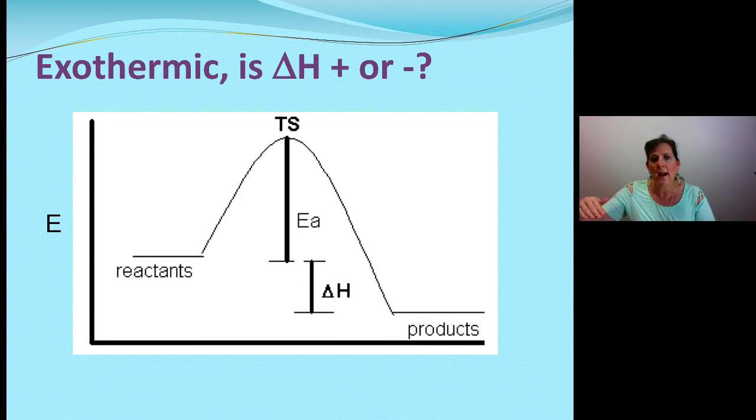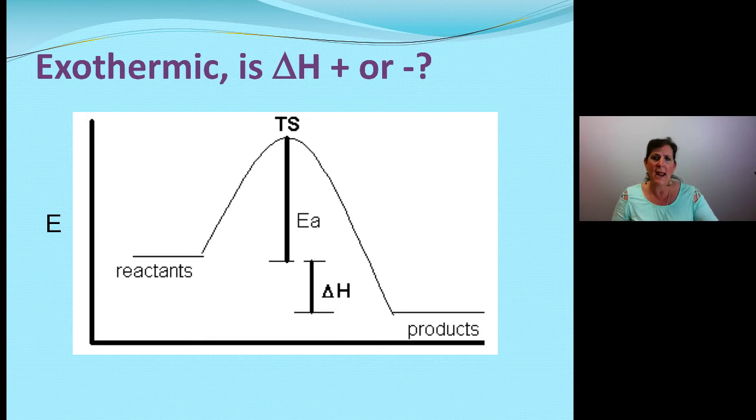Now if we start at reactants, and we have enough energy to only go up a little bit of the way, we won't make products, we'll just roll back down to the reactants. We have to have enough energy to get all the way up and over the hill to turn into products. So the height of the hill is the activation energy. You can see that on the graph, E sub A. The difference between reactants and products is delta H.